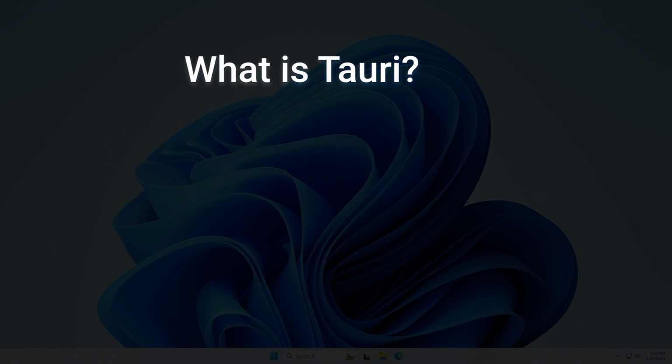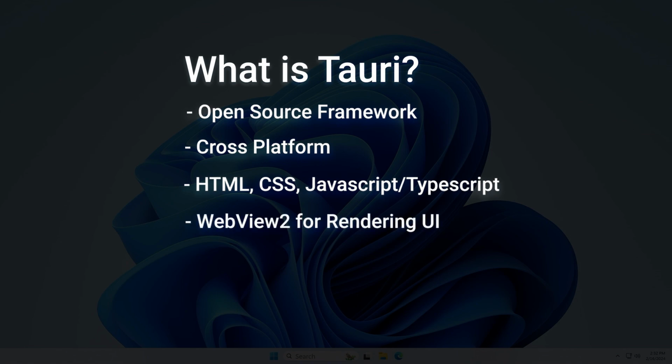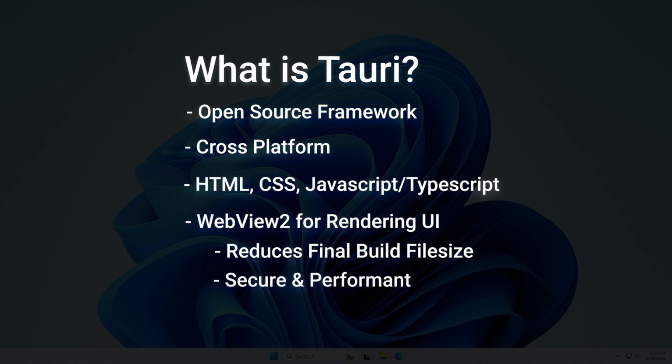If you're unfamiliar with what Tauri is, it's an open source framework designed for developing cross-platform applications utilizing web technologies such as HTML, CSS, and JavaScript. What sets Tauri apart from similar frameworks like Electron is its reliance on the system's web view for rendering the UI. This approach reduces the final build size of your application, making Tauri an excellent choice for creating lightweight desktop applications. Additionally, Tauri emphasizes security and performance, offering a sandboxed environment for your applications and allowing for more efficient use